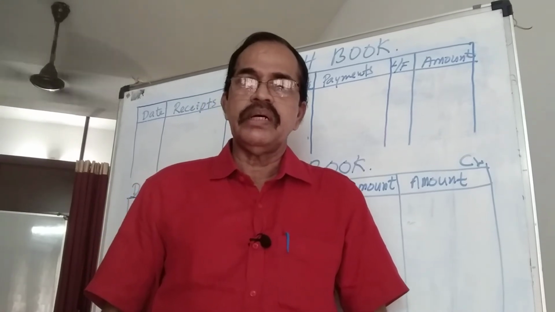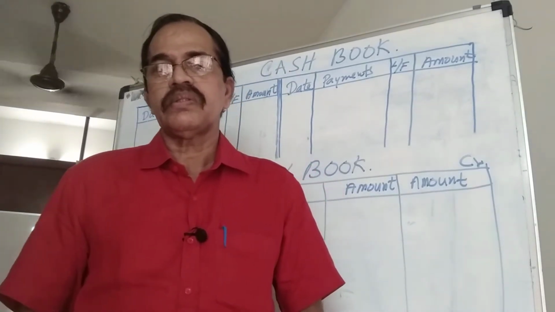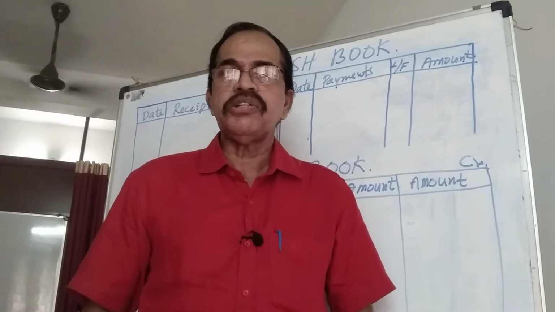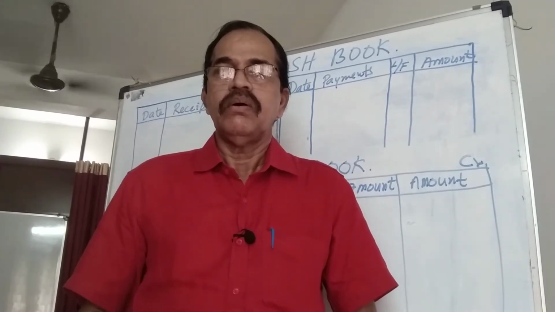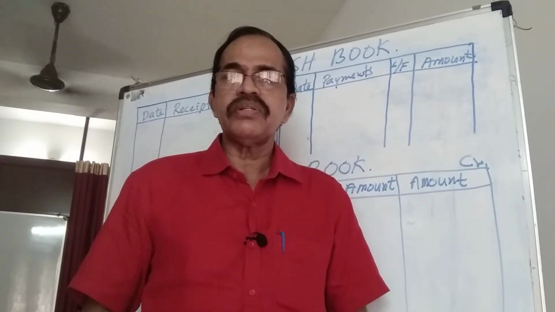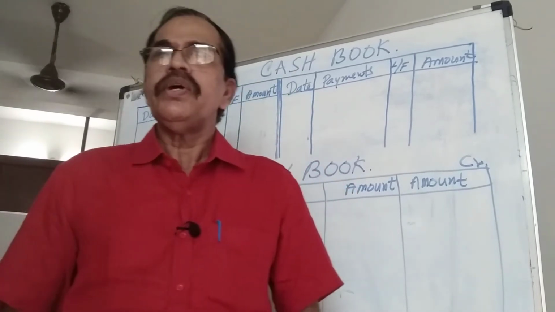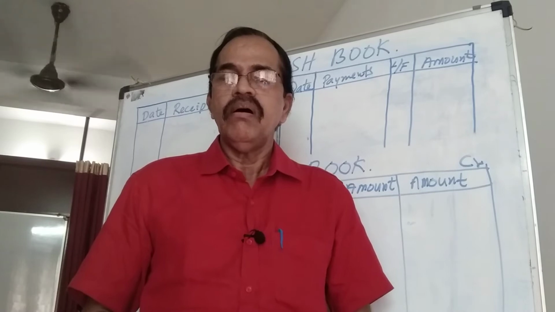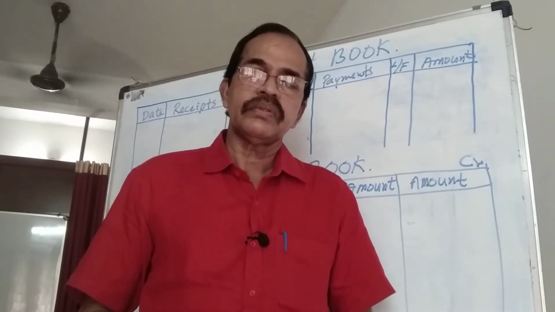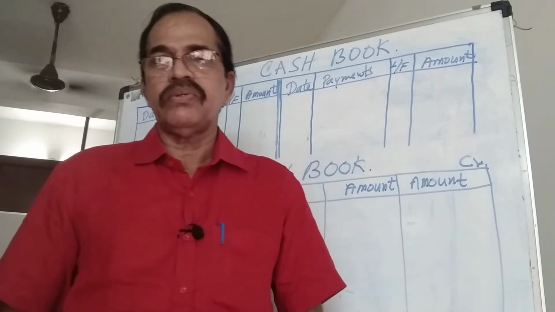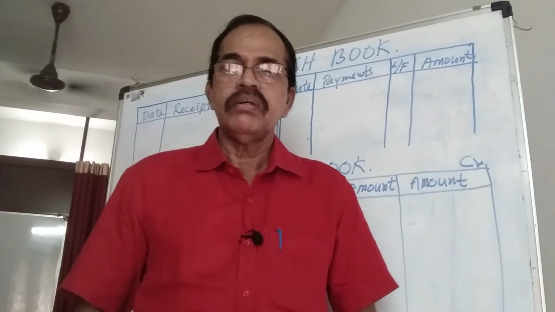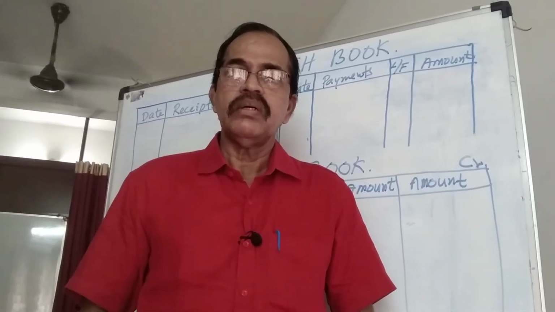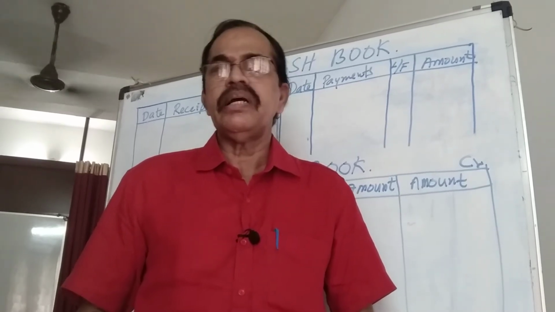The accounting system that we learned in our colleges, double entry accounting system, is a costly accounting system. Why do I say that it is a costly accounting system? For example, we know that business transactions are originally recorded in the books of original entry, or we call them subsidiary books. We have 8 subsidiary books like cash book, purchases and sales day books, purchase returns and sales returns books, bills receivable and bills payable books, and journal proper.